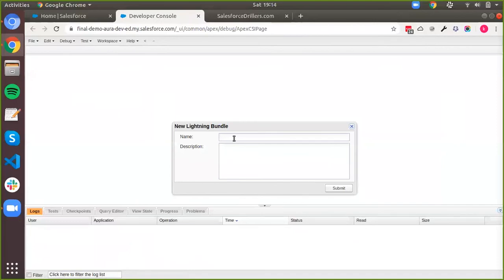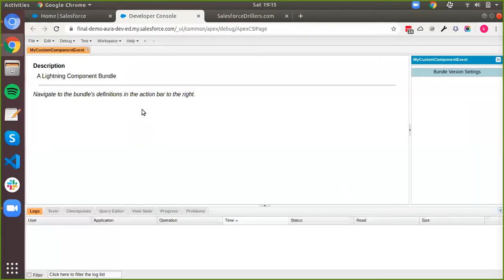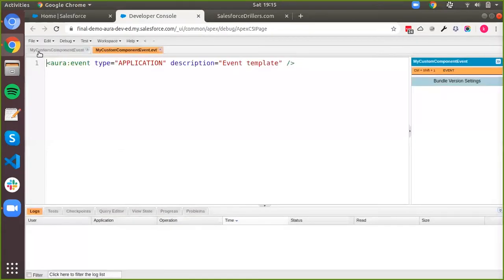Let's name it my custom component event. The reason I named it a custom component event is because we also have standard events, just like we have standard Lightning components.